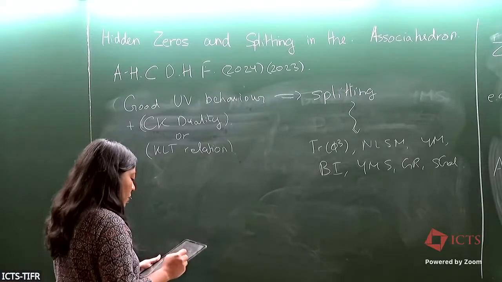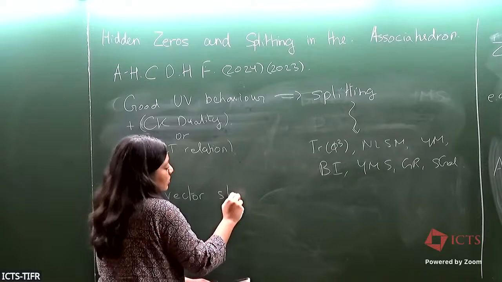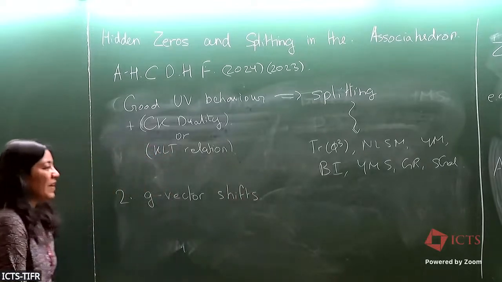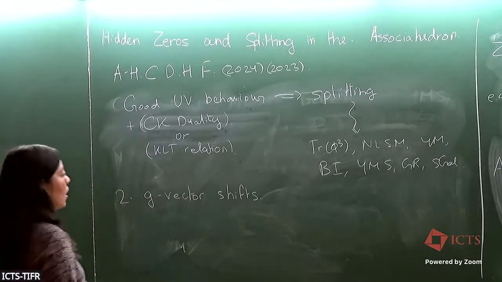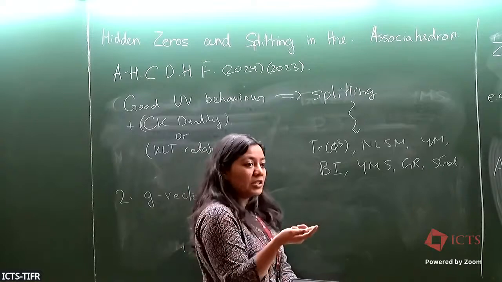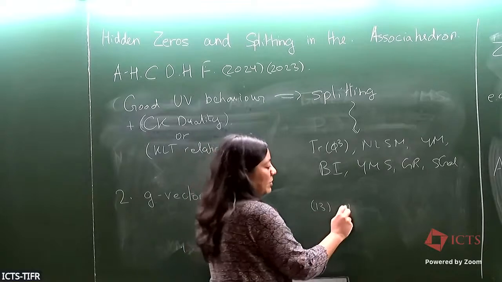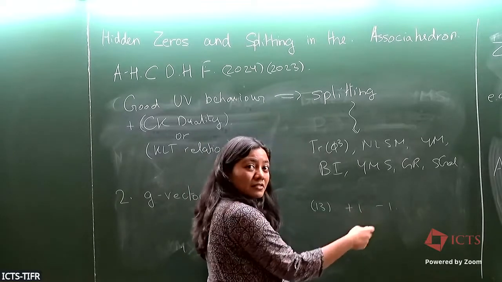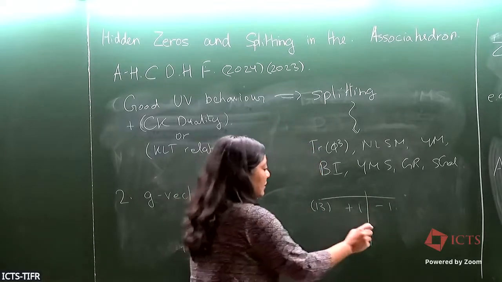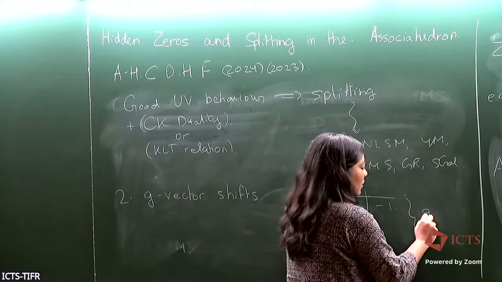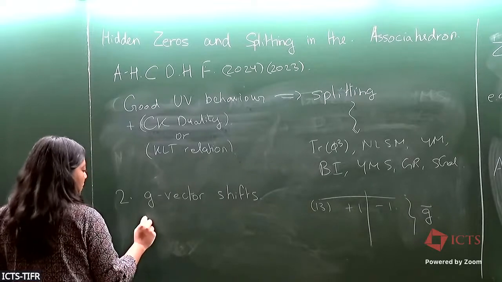Okay, fine. So then let me talk about remark number 2, which is G vector shifts. We heard a little bit about G vectors. If you remember, Alok had this table where, when he was drawing his Arkani-Hamed, he could say something like 1, 3 needed to be +1 and -1. I see some nodding heads. So basically, this was a way for him to construct what is called a G vector, which is basically the normal vector fan